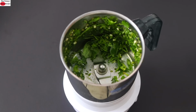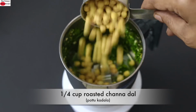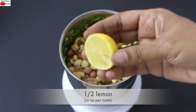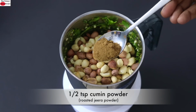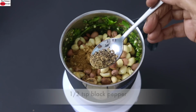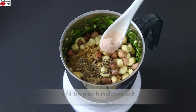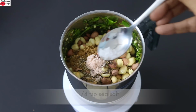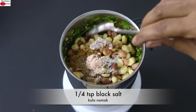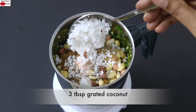For some natural healthy fats, protein and fiber, into this I am adding in 1/4 cup roasted channa dal, 3/4 cup roasted peanuts. I am squeezing in half a lemon, half teaspoon roasted jeera powder, also known as cumin powder, half teaspoon crushed black pepper. You can increase or decrease black pepper to suit your taste. 1/4 teaspoon pink Himalayan salt, 1/4 teaspoon sea salt, 1/4 teaspoon black salt, 1/3 teaspoon chaat masala, 3 tablespoons grated